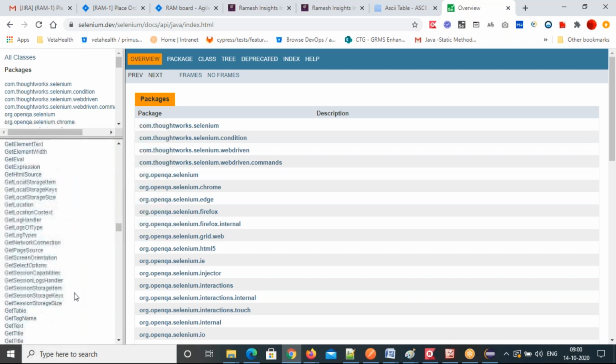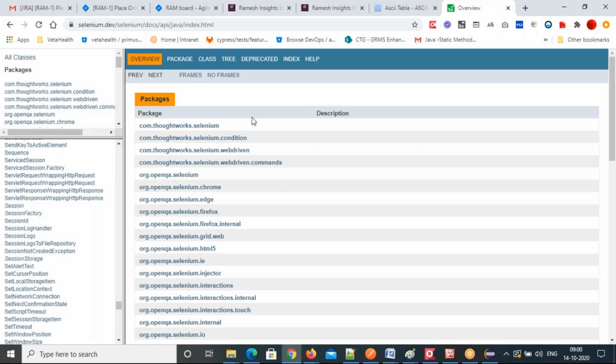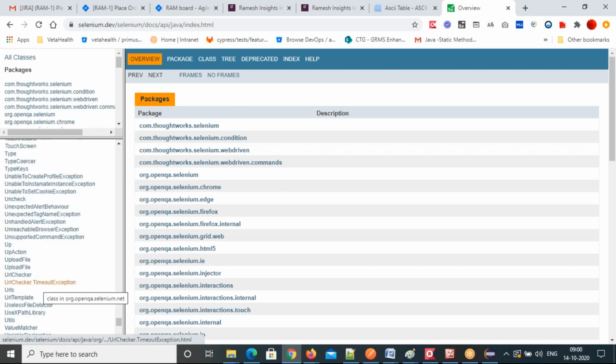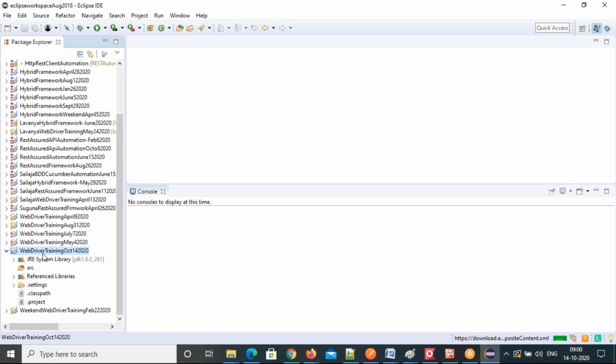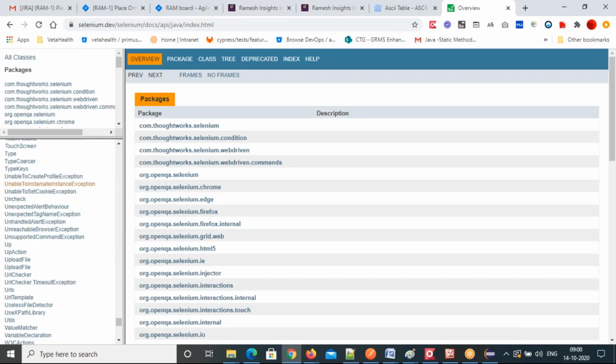WebDriver is an interface. You can go to your documentation page and get all the classes and interfaces of WebDriver that are already added in these jar files. All these classes and interfaces are available there.